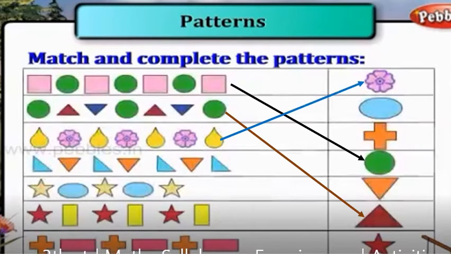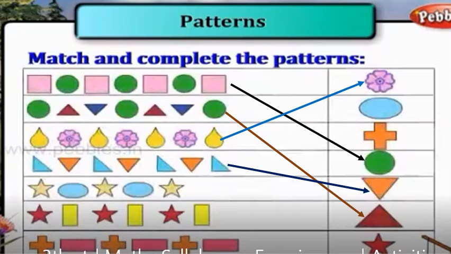Next, a drop picture, flower, drop, flower, drop, flower, drop, flower. AB, AB. Isn't it? This is AB, AB. Next, this is right angle, then equilateral, that is inverted, again right angle, this is also AB, AB. So now we will get the orange colored inverted triangle. Correct? Yes, easy it is.